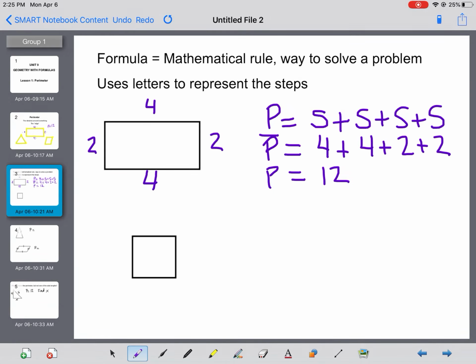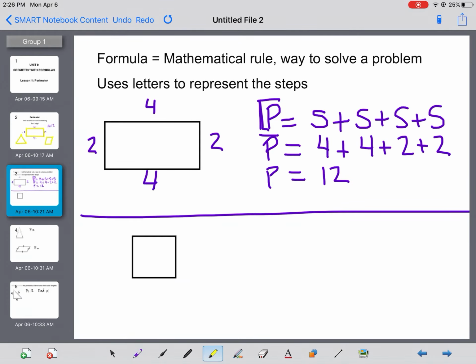We started with perimeter for this unit because it is one of the simpler ones. Please get used to writing out these steps, writing out formulas for this whole unit. It's going to be so important, and especially, like I said, when you get to more advanced and complicated math, knowing these steps and how to do them is really important. Okay, so you're going to write out the formula up here. Then you fill in what you knew, all the side lengths, 4 plus 4 plus 2 plus 2, and you ended up with a perimeter of 12. All right,